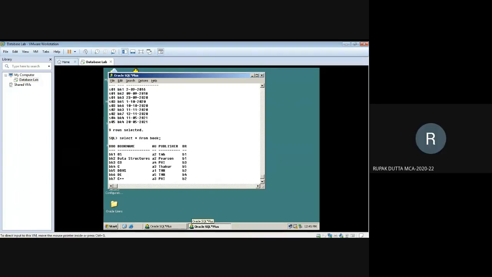It says error at line 1. Yeah, line 1, okay, but for which ID? That means you have entered one of the USN which is not there in the student table, or you would have entered one book ID which is not there in your book table. That is why it is showing like that. Okay, I got it. Yeah. You should not enter anything which is not there in the master table. Please take care of that. Otherwise, your primary key constraint will get violated.